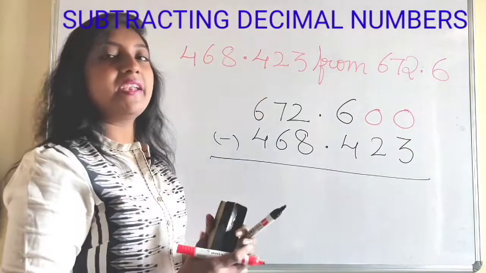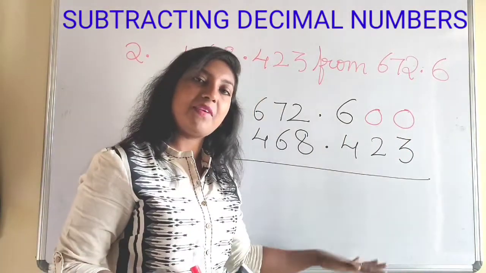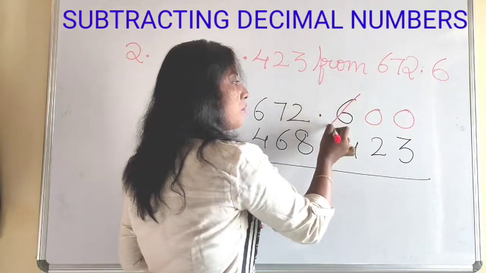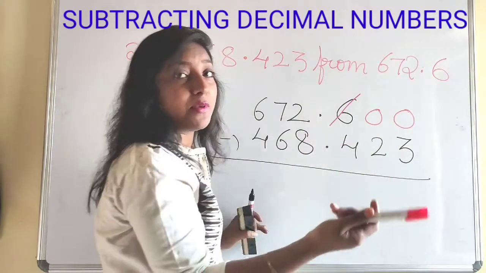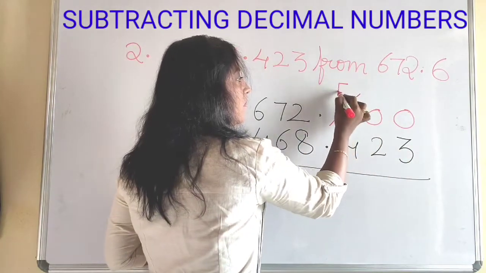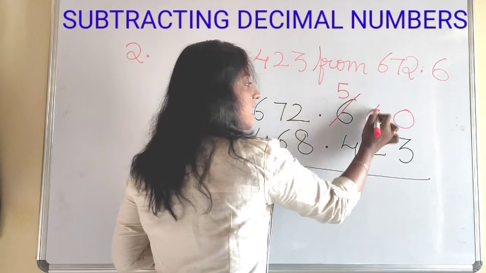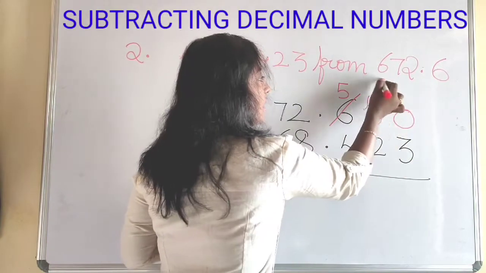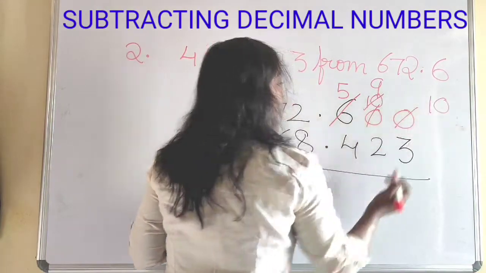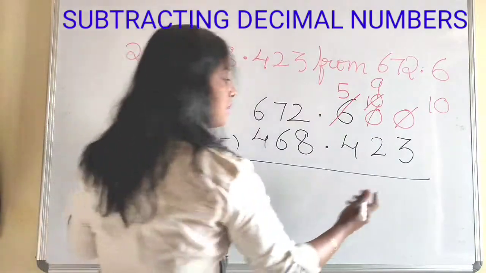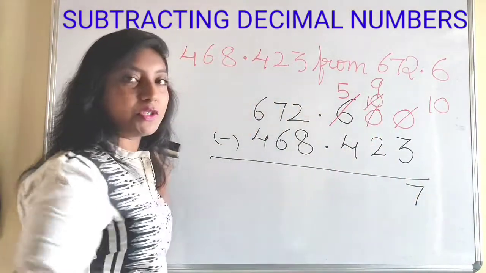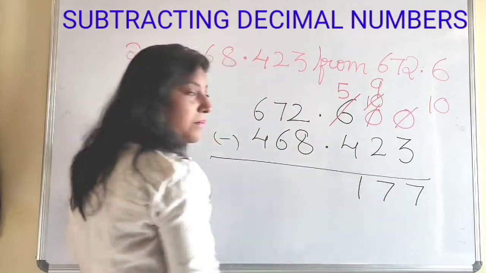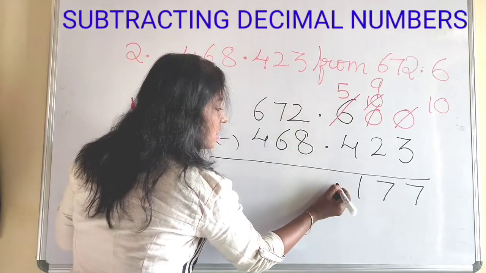We have placed them, and how normally we do subtraction, in the same way we have to do the subtraction for these decimal numbers also. Now borrow from this number. Because it is not possible to take the borrow, from here it will become 5. From this we gave 1 to this, and from here we can take 1, which will become 9, and this will become 10. Now 10 minus 3 gives 7. And next 9 minus 2 gives 7. 5 minus 4 gives 1. And don't forget to place a point, that is decimal point.